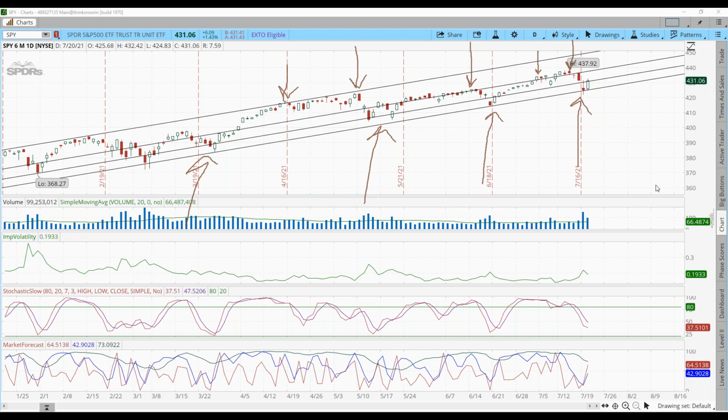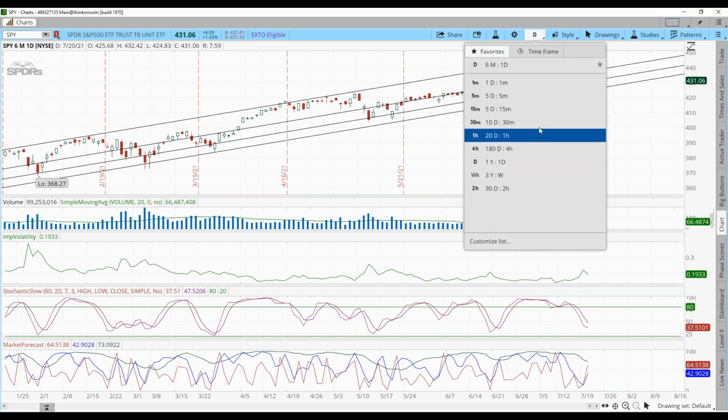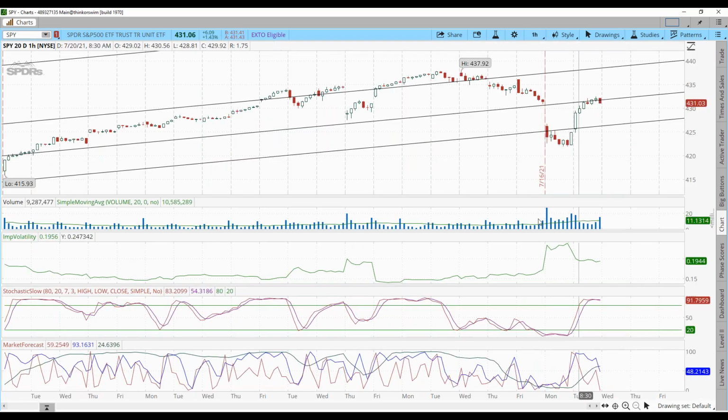So, on a 1 hour chart. Yeah, let's take a look. On a 1 hour chart. See, I don't think we've actually, we can see we had this thing moving up. Is that what you're talking about? But that would have been back last week. We hit a high, we came back down. We hit the same high, we came back down, and then we broke a little lower, and then we started